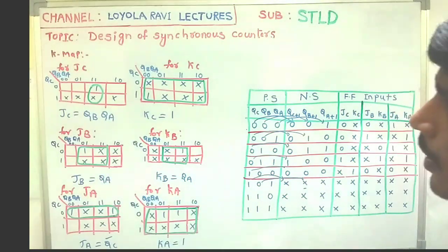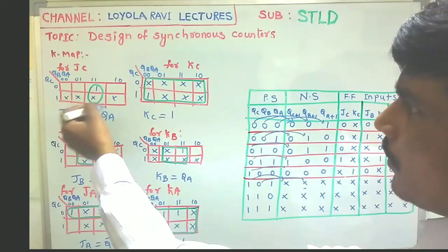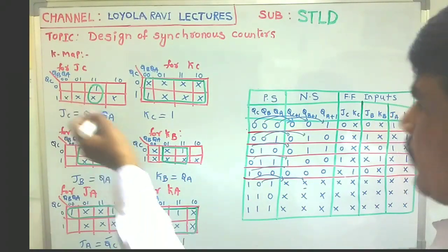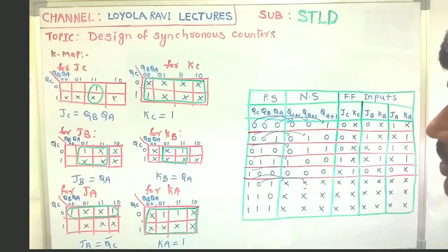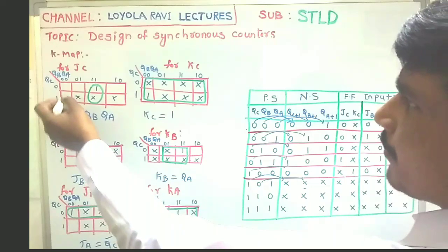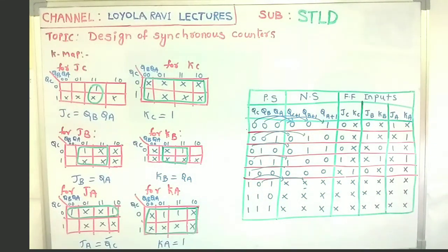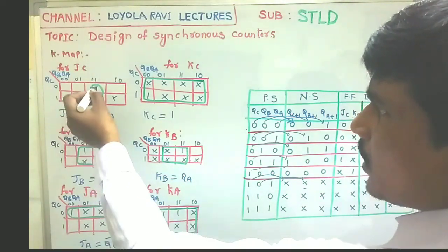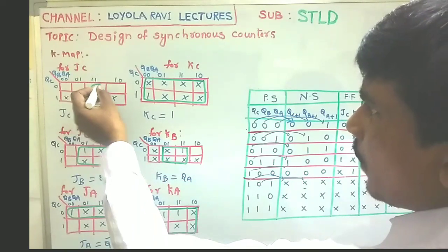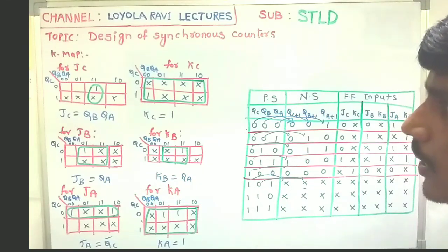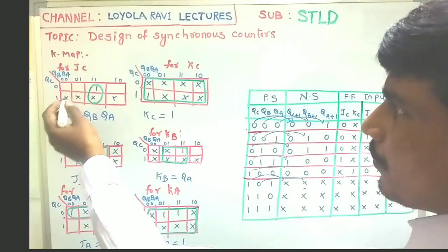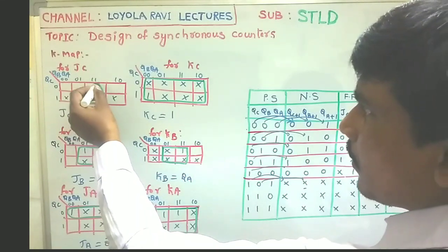These are the combinational values for JC. Then simplify this one. Is there any formation of a quad by using don't cares? No possibility, because we have only 5 minterms. So there is no possibility for a quad. Then go for a pair. Our main intention is to cover the 1. With that 1, we have to observe whether there is any formation of a quad or pair. There is no quad, so go for the pair. This is the pair.